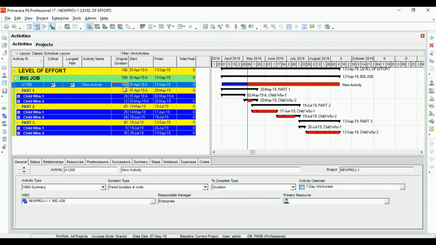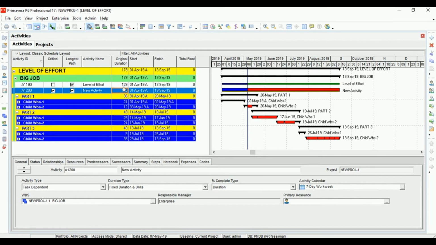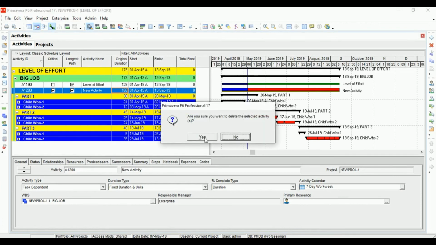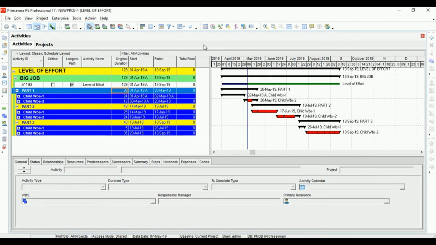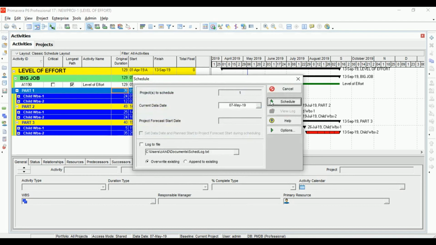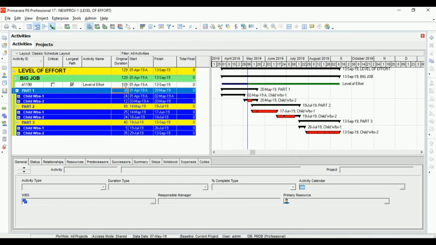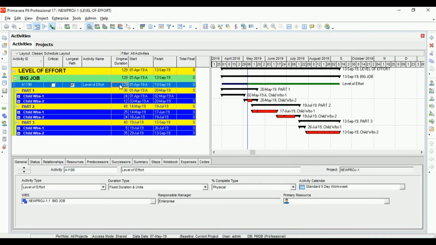Maybe it was 166. Let's undo and let's delete our WS summary activity type. Let's schedule the project. Yeah, it was supposed to be 129. Anyways, we might have forgotten to schedule it earlier.